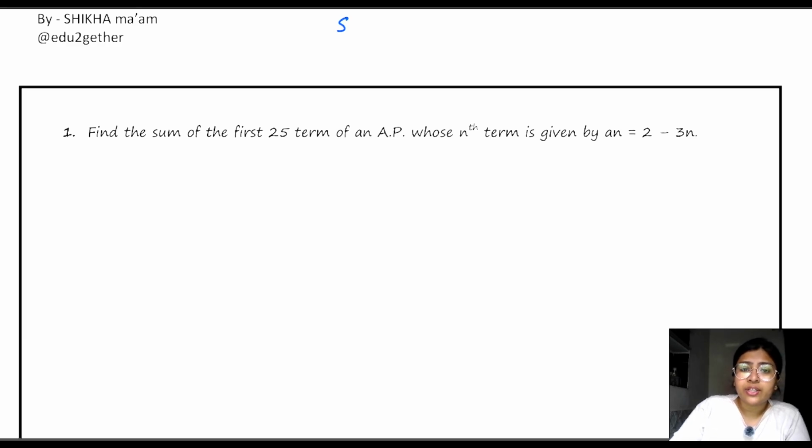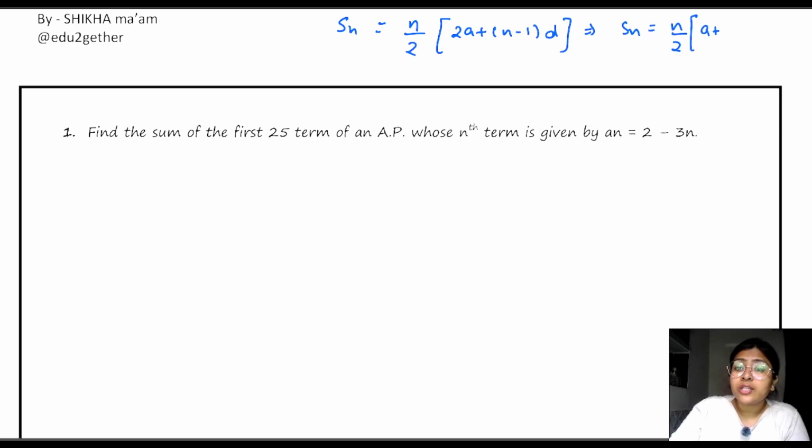फॉर्मूला। यस, what it is, Sn is equals to n upon 2 bracket 2a plus n minus 1 into d, where n indicates number of terms, a indicates the first term, and the d indicates the common difference. This is the first formula for finding the sum of n terms in an AP, and the second formula is derived from the first, that is Sn is equals to n by 2 first term plus last term, that can be indicated by an or l. It is our choice. This is clear to you?